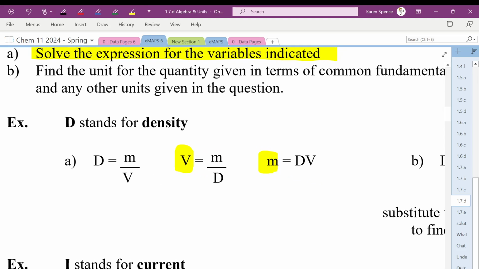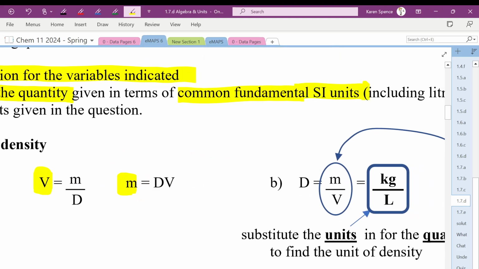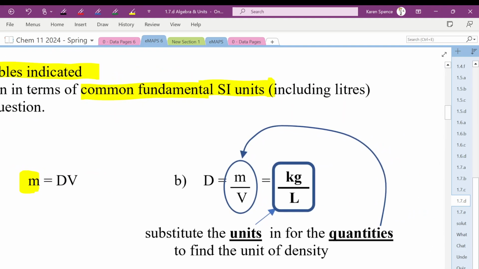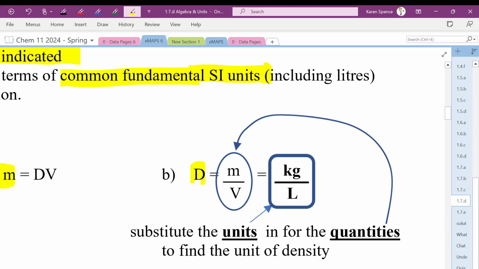Step 2, though, is we are going to find the unit for the quantity in terms of the common fundamental SI units. There's no numbers, which makes this a little confusing for some people. But we're going to say density equals mass over volume. And then we're going to put an equal sign and substitute the unit for mass